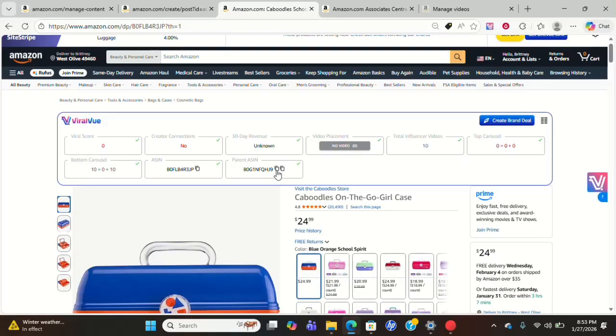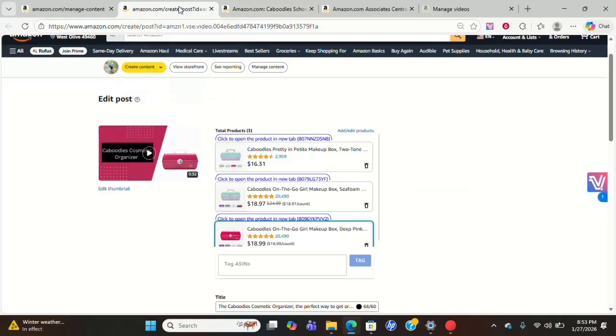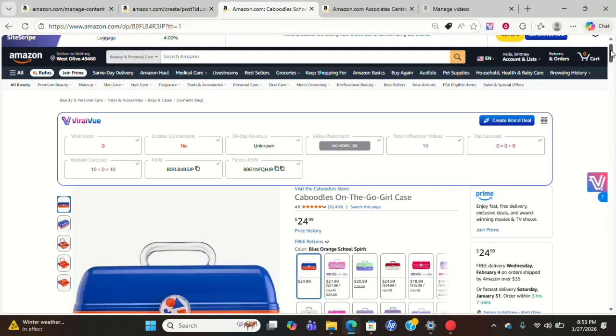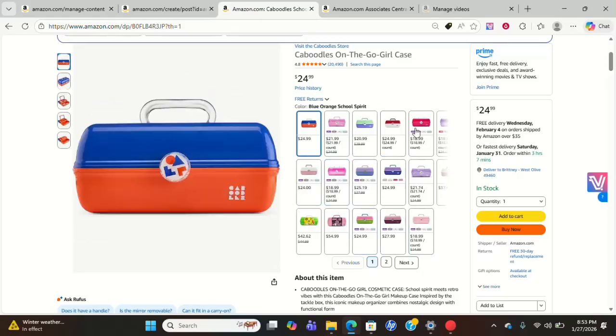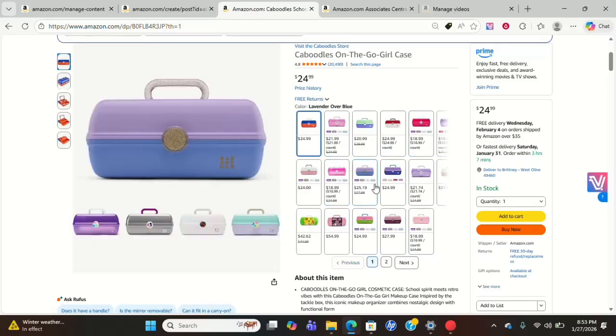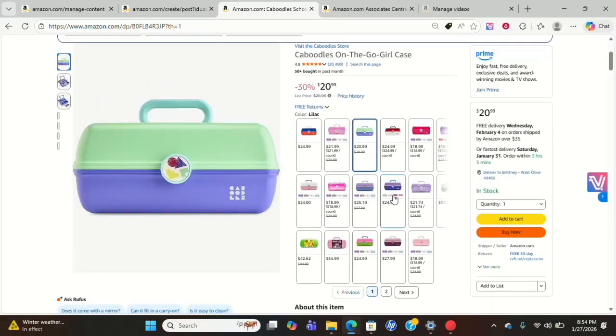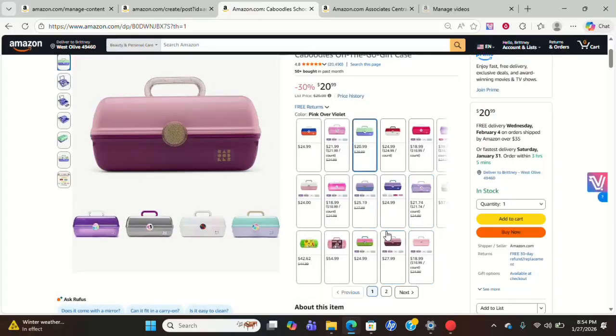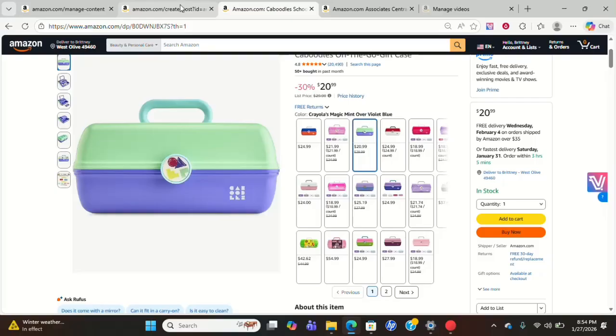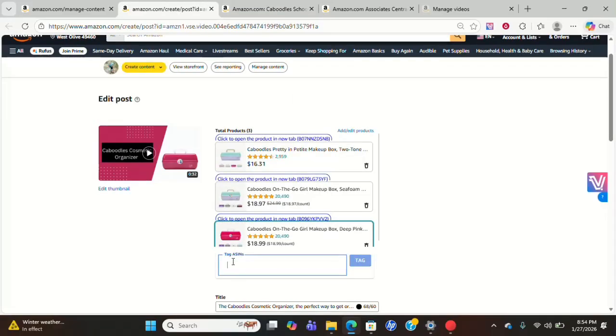So here it is loaded. So you have the parent ASIN. So all you have to do is click these. This ASIN is what you get with the free plan, but this parent ASIN again means that any color, no matter what color they are clicking on, your video is going to show up on every single one of these colors. So a lot of times if you don't have the parent ASIN, they might just click on this, but if you don't have this one linked and you have something else linked, it's not going to show up in the video. The parent ASIN is super important, and then all you have to do is click it right in there,